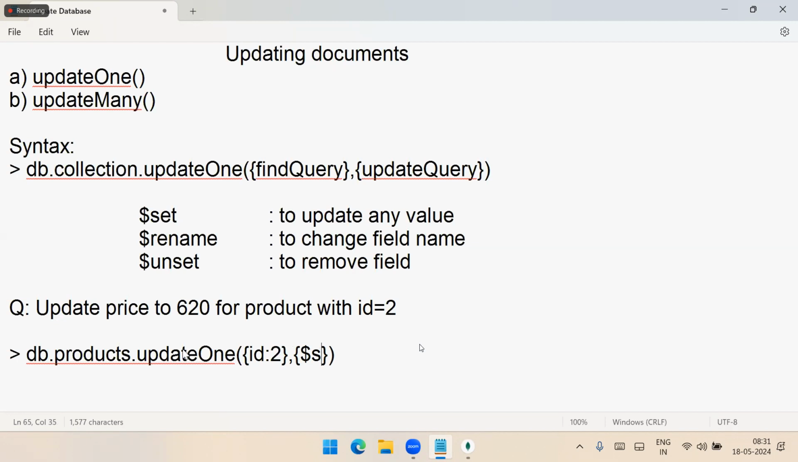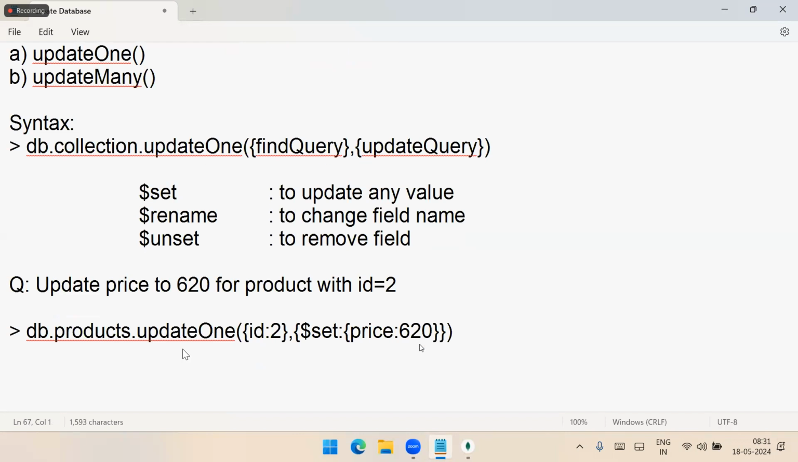What you want to update in that? We have to use dollar set. What do you want to set? Price. How much do you want to set? So price as 620. That is how we write the query. You can update multiple fields or you can update only one. Currently, I am updating only price. So if you want to update price to 620